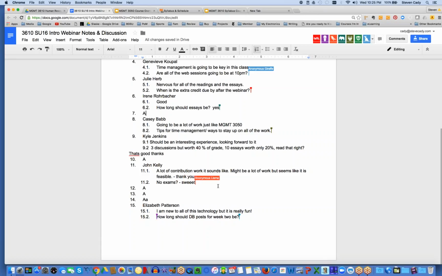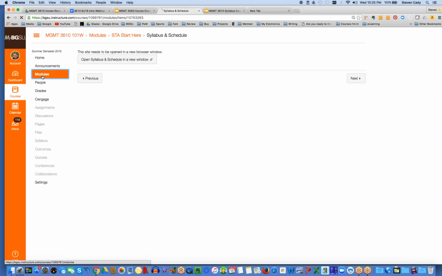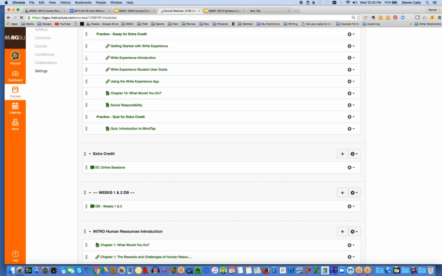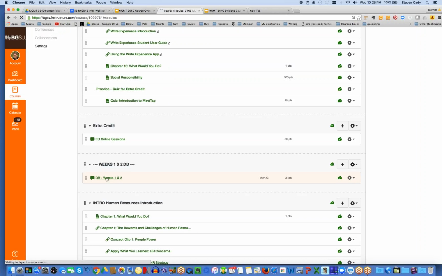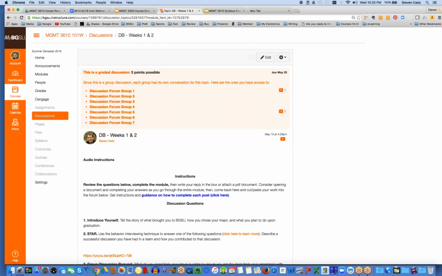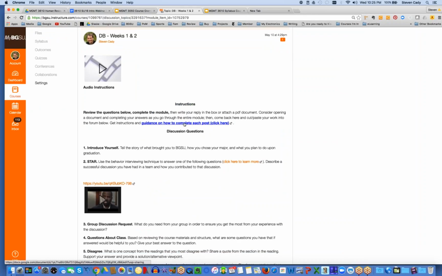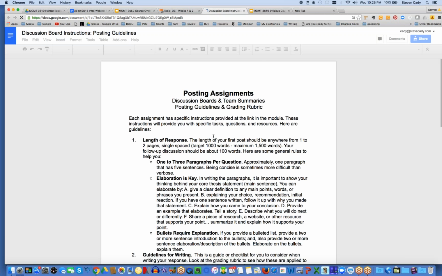And how long should the discussion post for week 2 be? So that's a good question. When you go into the modules, I have a link that tells you about what's expected, and it's about 1,500 words. But when you go into the discussion board and you come down here, what you'll see is guidelines on how to complete each post. Click on that, and then I go through and provide a lot more detail, and I discuss this detail in the